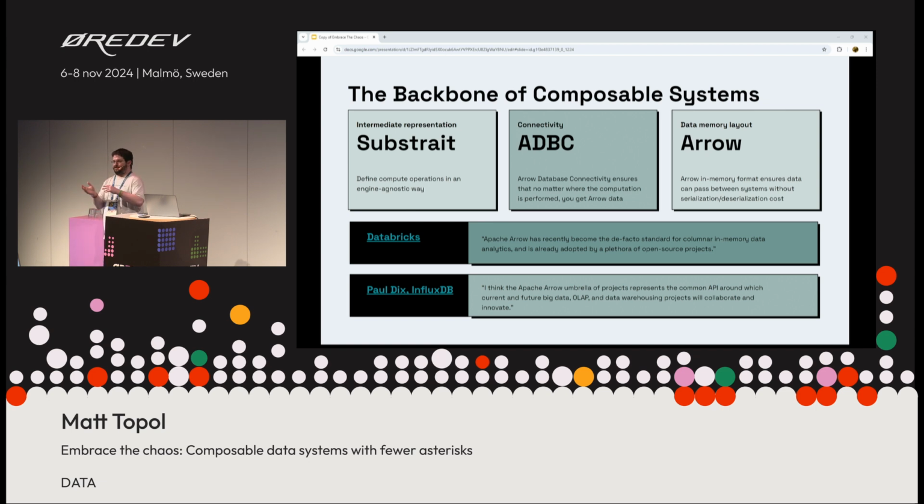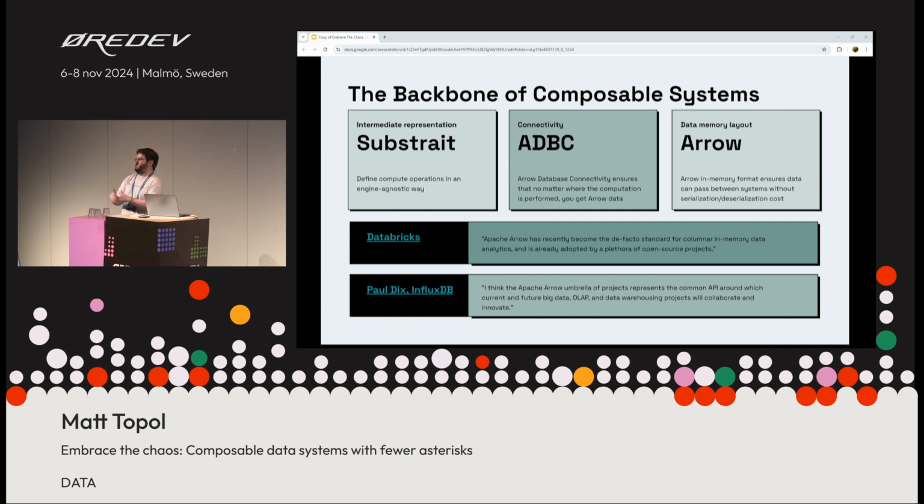JDBC and ODBC connectors are row-oriented, which means in 90% of cases, you've got column-oriented data compute, transpose everything into rows to send it across ODBC and JDBC, and more than half the time, the application just transposes it back into columns for post-processing, visualizations, and whatever. Well, ADBC, same idea, except it stays in column orientation the whole way through. You eliminate that transpose cost, you reduce copies, and so on.